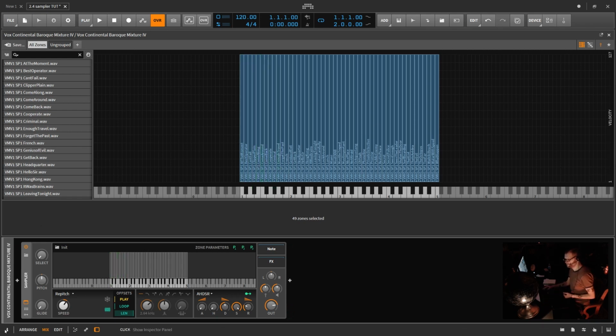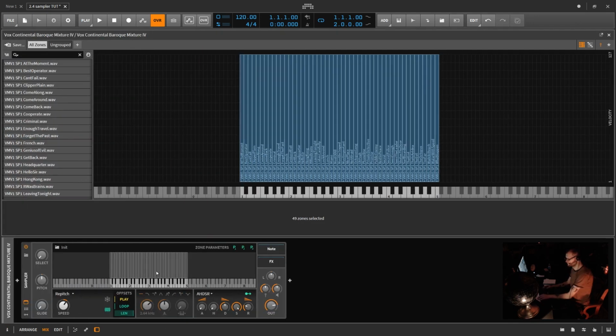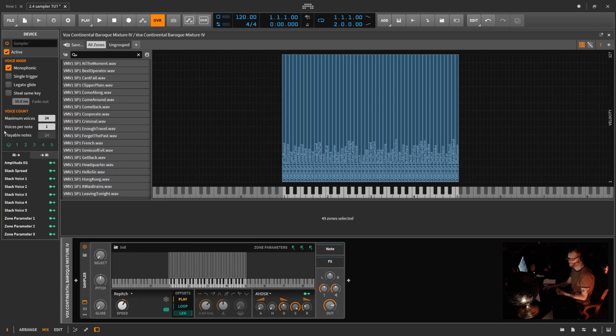And again, remember, we can click on monophonic right here. Now there's no way to click more than one sample at a time, so do remember that. There's also single trigger and then steal key, and then you can put this up to, let's go with 138